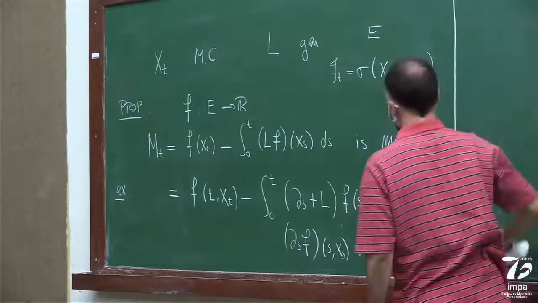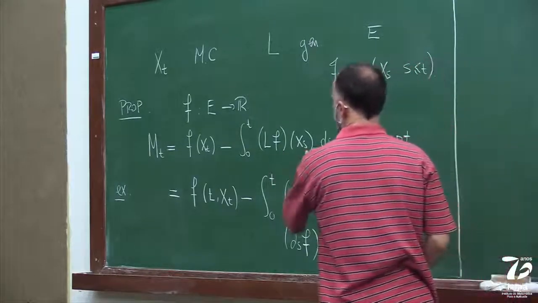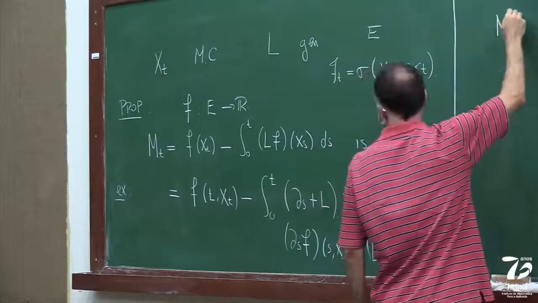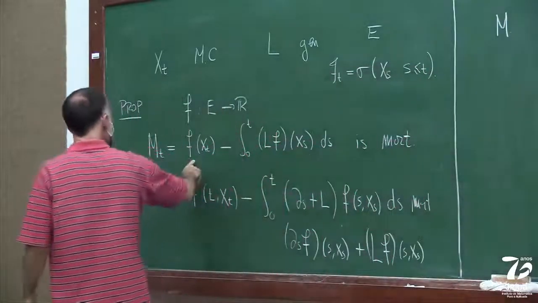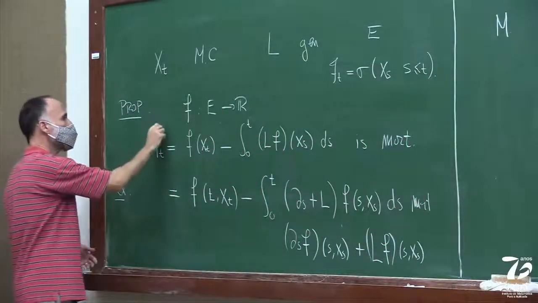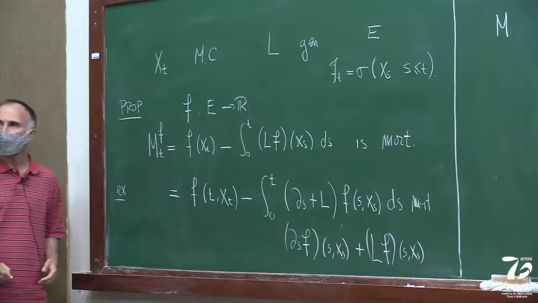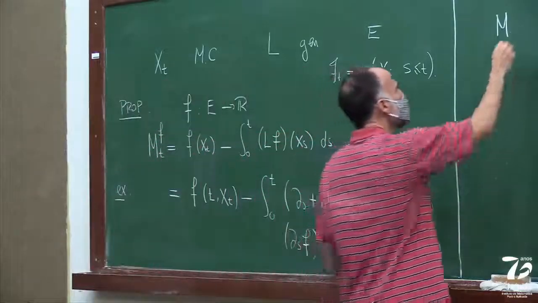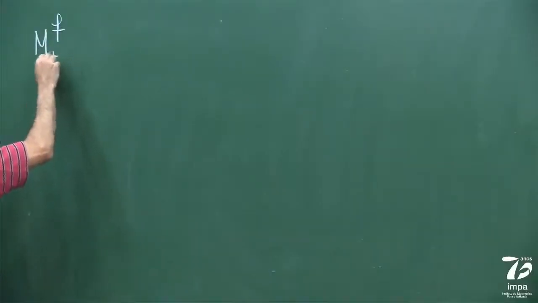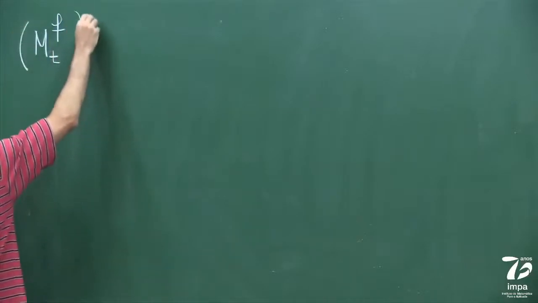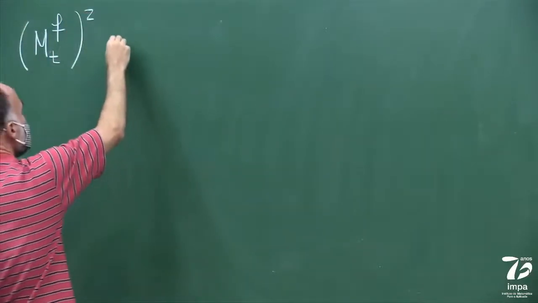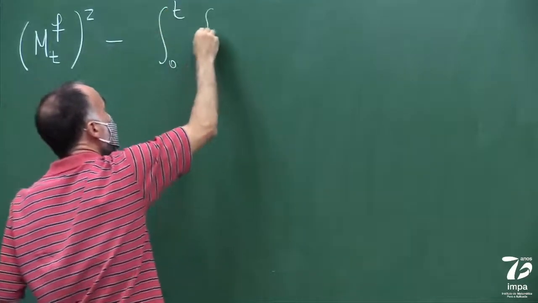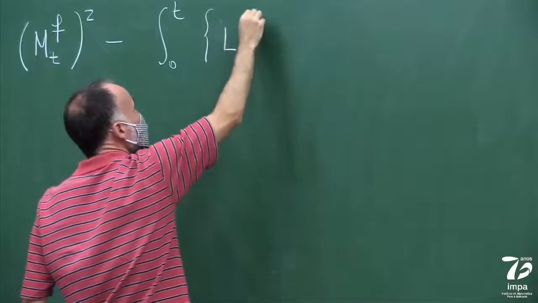that I will use. Now, you know that this is a martingale. So let me take the square of this martingale, and let me represent this martingale. It depends on the function f. For each function f, I have a different martingale. So let me represent this martingale by M^f_t. So you fix a function f. You have your martingale M^f_t. You take the square of this martingale. And what I claim is that this minus the integral from 0 to t of L f squared